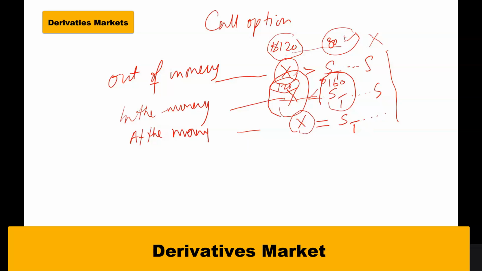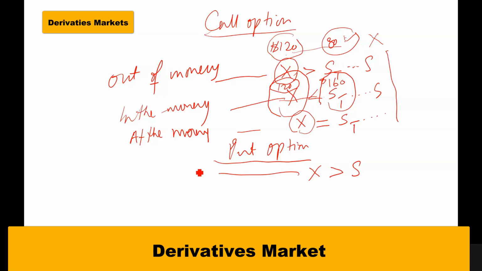Whenever that is the case during the option life, it will be at the money. For the put option, again, we will have the same three concepts, but this time it will be reversed because the put option is the right to sell. So whenever the exercise price is greater than the spot price in the market, we will have the put option